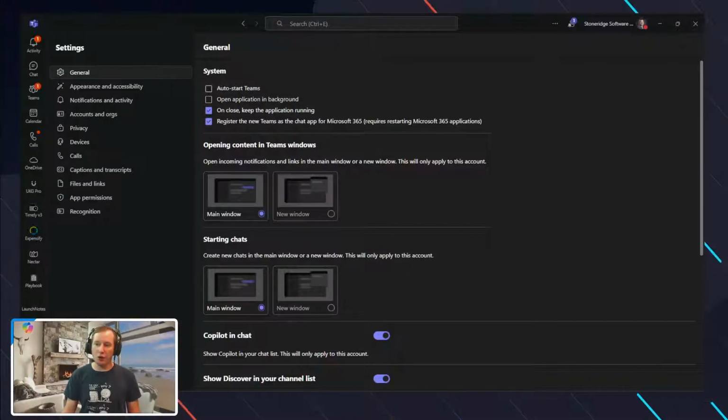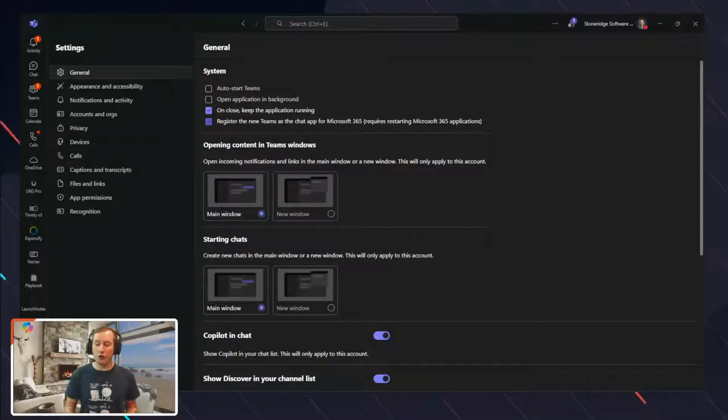The other thing to note though is that remember with Microsoft 365, you can actually set up Teams so that it will be the chat app in M365. So all chat interaction is going to be stored obviously inside of Teams as well.